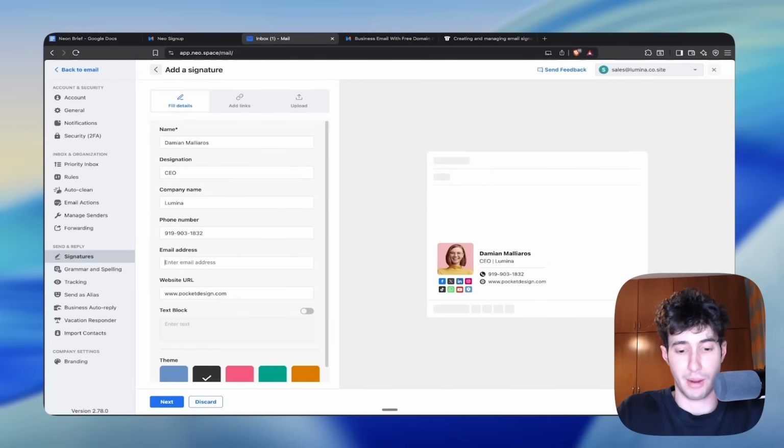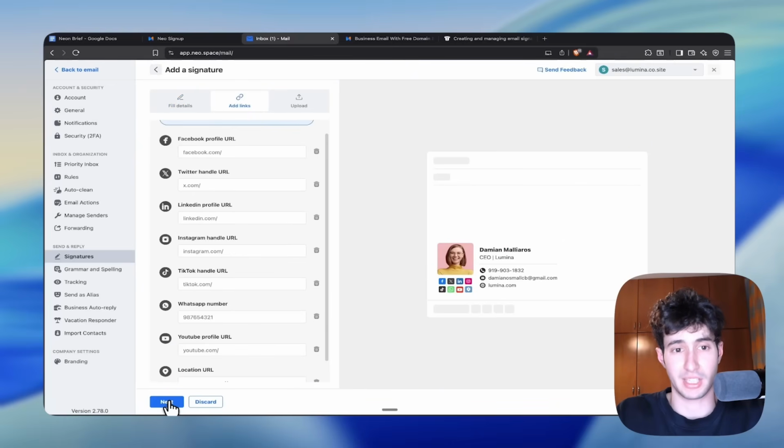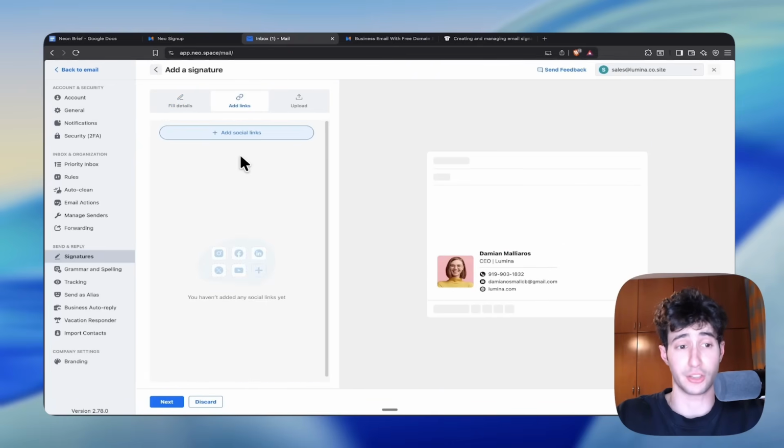Then I can also add in my personal email address, and I can also add in the website URL of my business, along with me being able to change the theme of my background. As you can see, I can select from a lot of themes. Then I can click on next. I can add in the links to all of my social media over here. Now, if I don't want to add my socials, I can simply delete them,